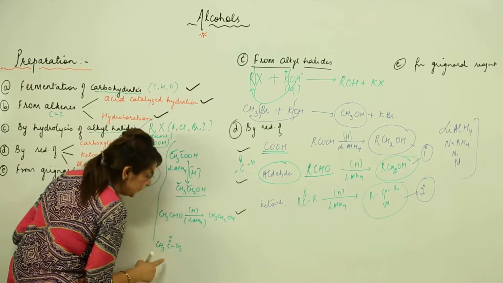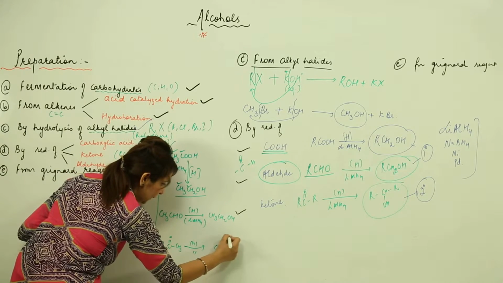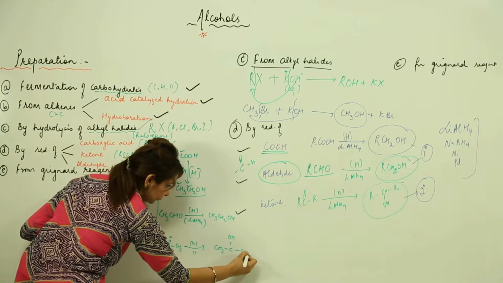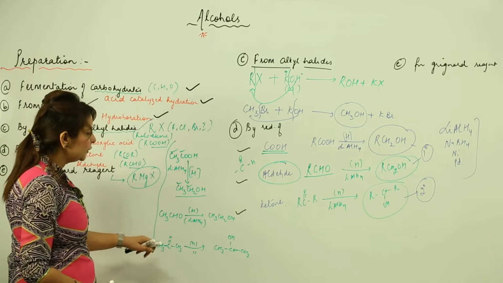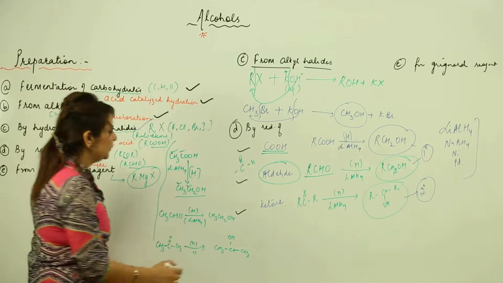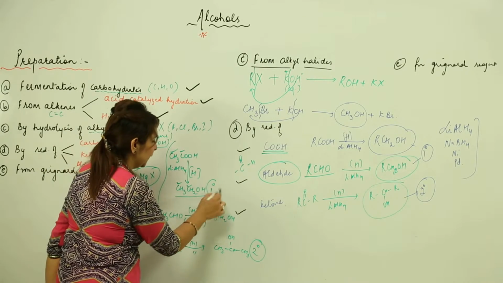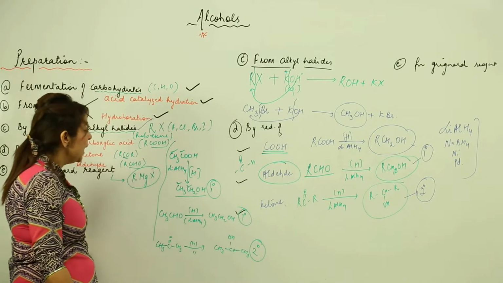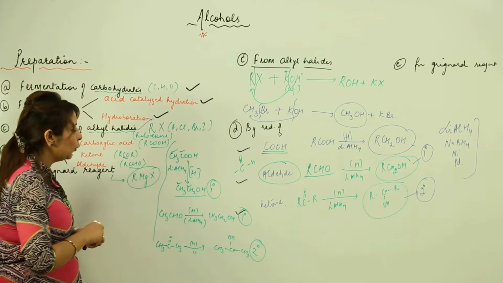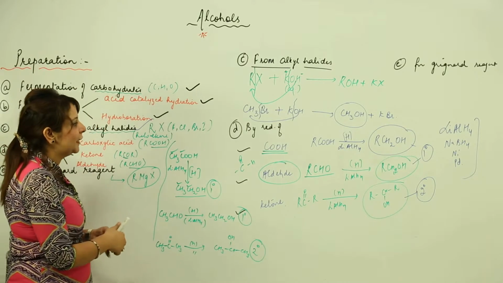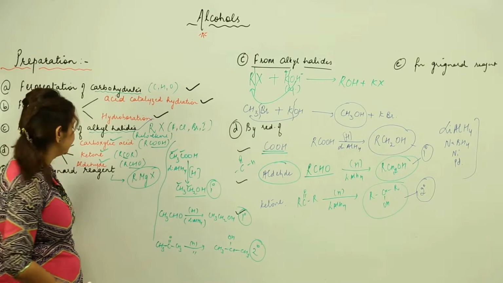Let's say this is my propanone. Same conditions. So what is going to happen here is, it is going to be CH3CHOHCH3, that means you are going to get the secondary alcohol. As you saw, in this case you get primary alcohol, in this case also you get the primary alcohol, but as a result of the reduction of the ketone you get the secondary alcohol. So this is what the reduction is: by the reduction of carboxylic acid, ketone and aldehyde you can get the respective alcohols.